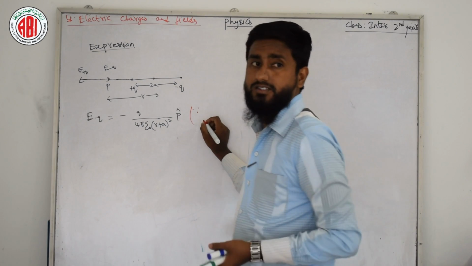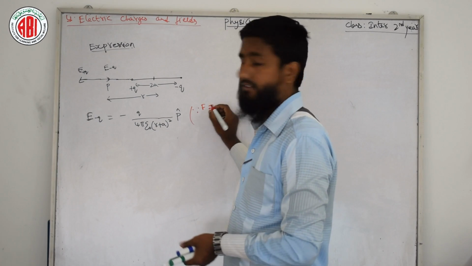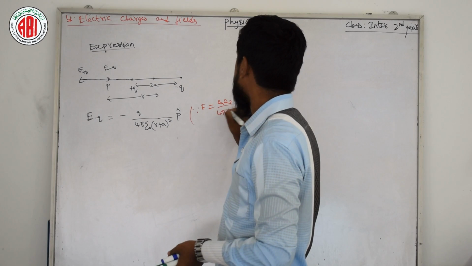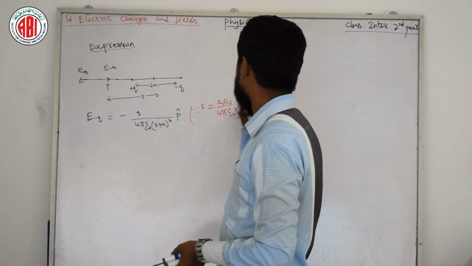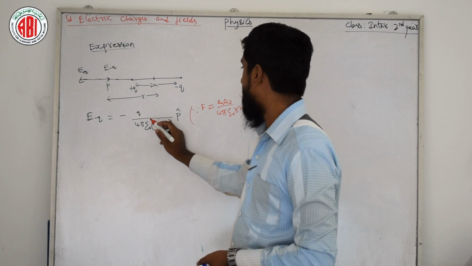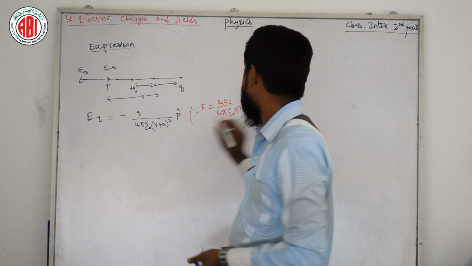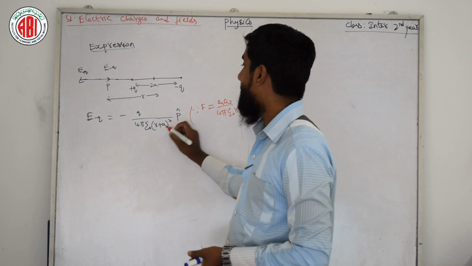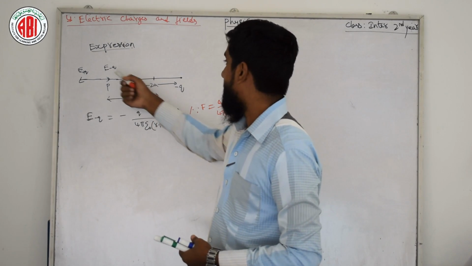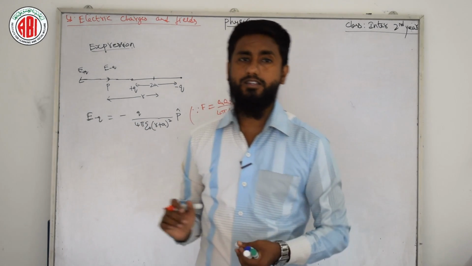From Coulomb's inverse square law we get F equals Q1 Q2 by 4 pi epsilon naught into R square. Here Q1 and Q2 we are considering as minus Q itself, and 4 pi and epsilon naught are as they are. In place of R square we are taking R plus A whole square. Why R plus A whole square? Because the distance R for the negative charge minus Q is nothing but this only.